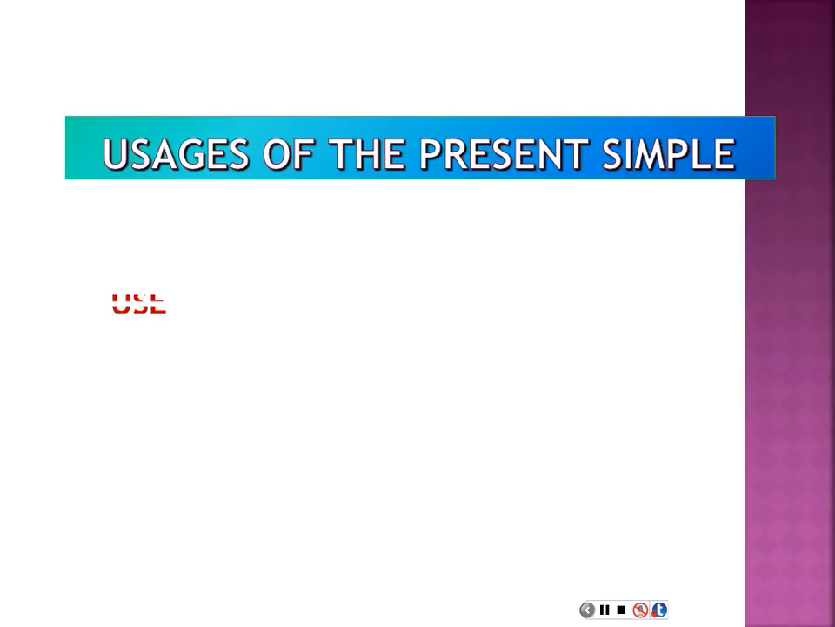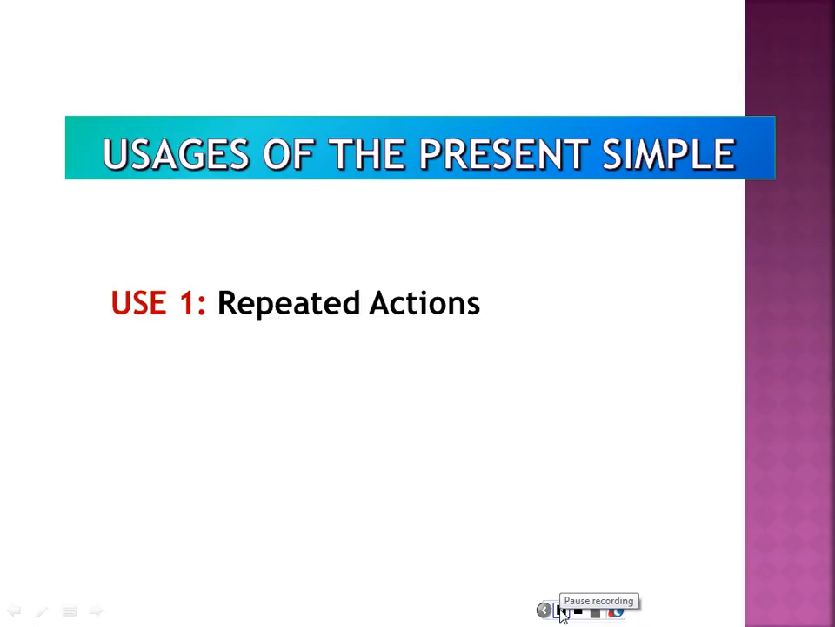Okay, let's see the first use of this tense. So use 1, repeated actions. What does it mean? Repeated actions, actions that you do again and again and again. So something that is repeated, maybe something that you do every day. So this kind of action is called repeated action